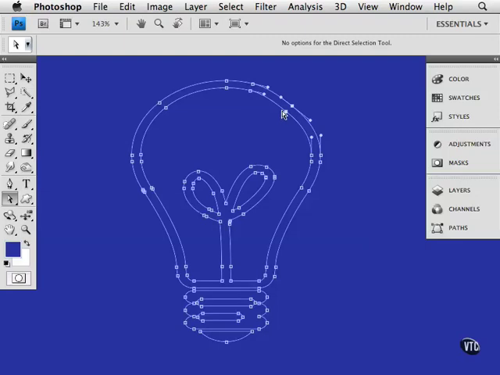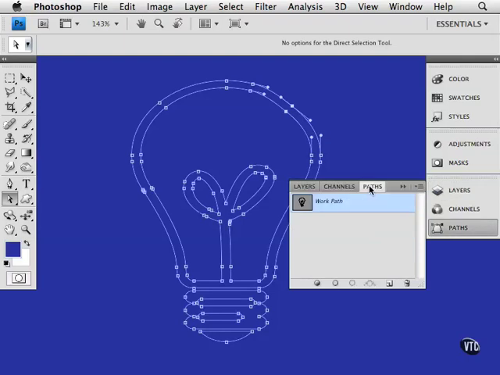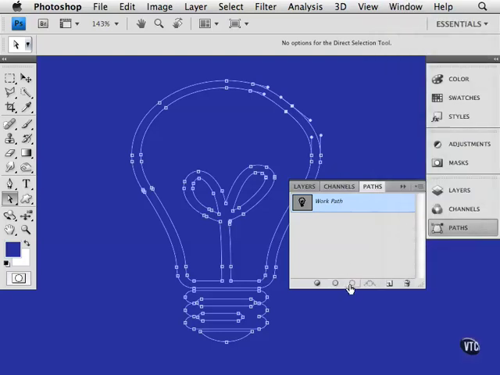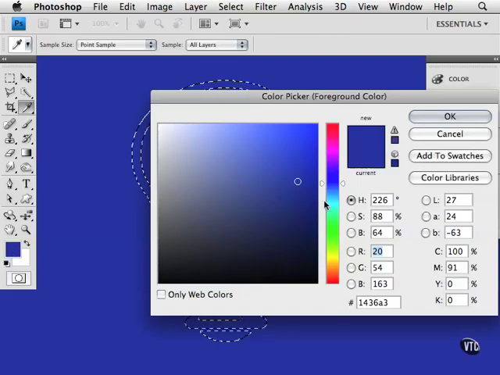So what we can do is go to the layer panel, and we can choose to go to the paths section here. And if you don't see paths, don't forget you can go to the window menu and choose paths. You can click on this icon right here, and what this will do is actually take this selection and load it as a selection. Now we can grab a color such as yellow,